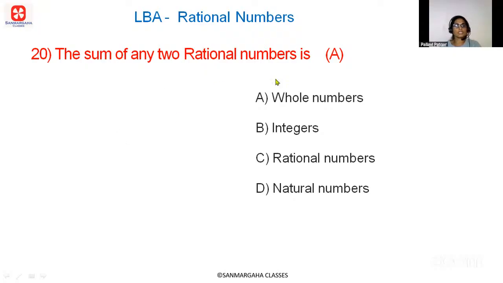In the rational number chapter, look at question number 20. The sum of any two rational numbers is option A, whole numbers, option B, integers, option C, rational numbers, option D, natural numbers. So here,